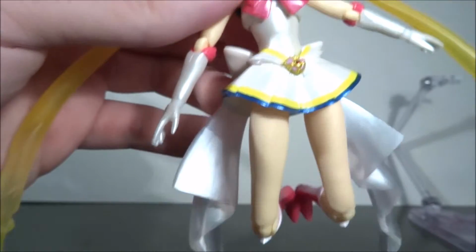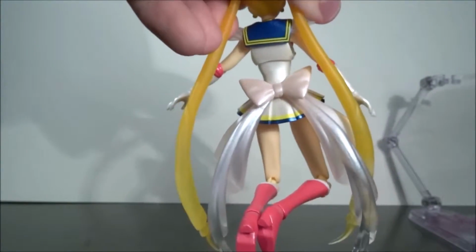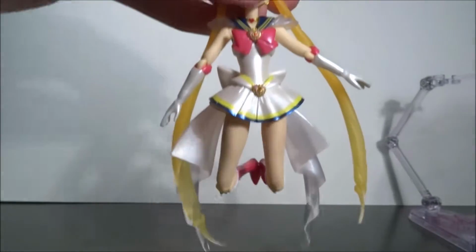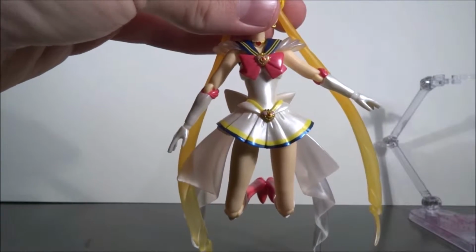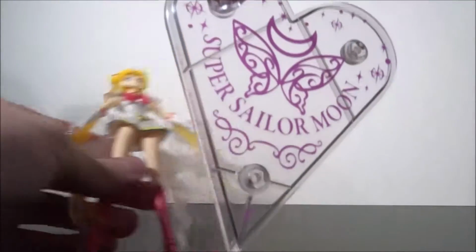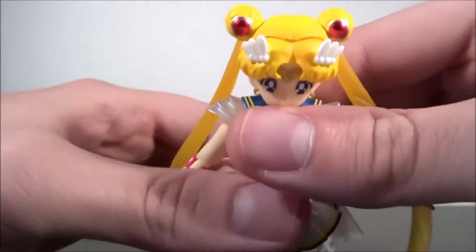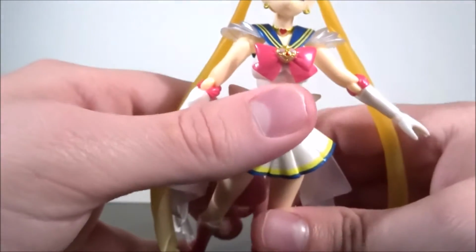So just get an overall look at the stuff we're gonna work with here. I'll be looking at it in detail in a minute. She comes with a base with the Super Sailor Moon logo and the butterfly, and the moon shines bright. I always did that joke. Wasn't really a joke, but anyway. Okay, so